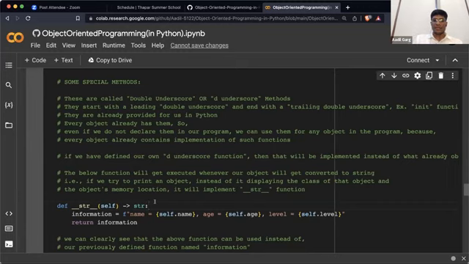So these are the built-in functions and are also called double underscore functions, whose use is already defined in Python. We cannot change its application, but yes, we can modify its application. For example,